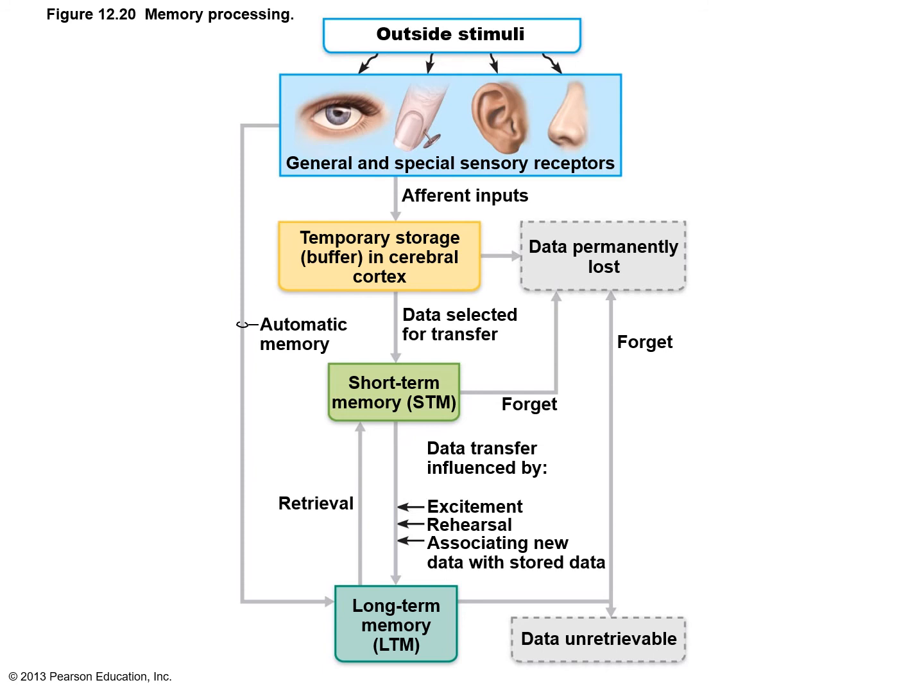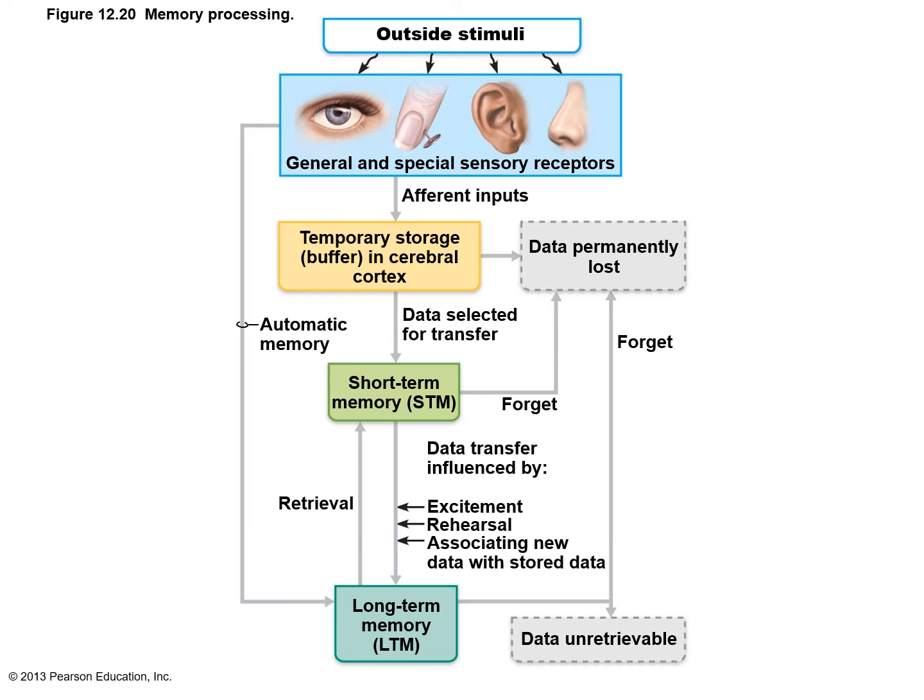Now, some of this may be screened out, but some of it can be selected for transfer. So even in short-term memory, you're not collecting and storing all of the information about the environment around you. Only some of the data, which your brain considers to be relevant, gets selected for transfer. The data that isn't selected for transfer gets permanently lost, so you forget it. The data that are selected for transfer go to short-term memory,